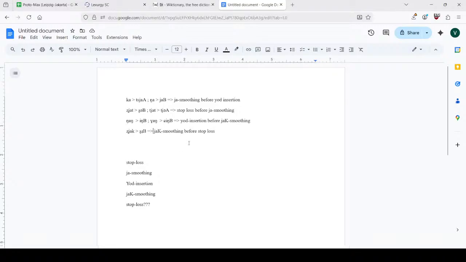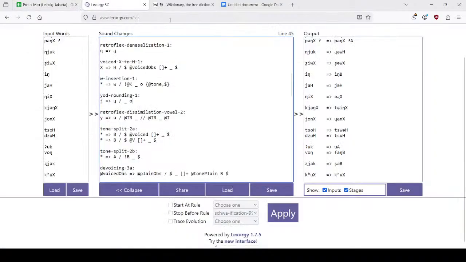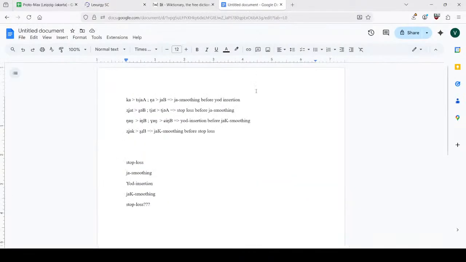So yak smoothing for stop loss, so that's fine. So the insertion doesn't have to. So this has to happen, and then maybe this happens. No, but then that just feeds into that again. But then why is stop loss right? Stop loss is troublesome because